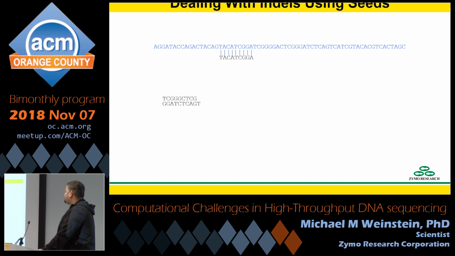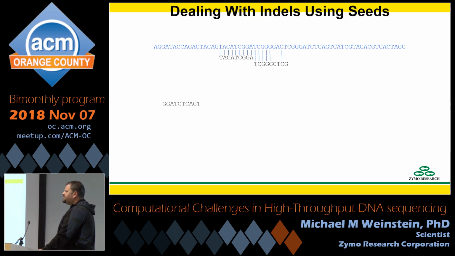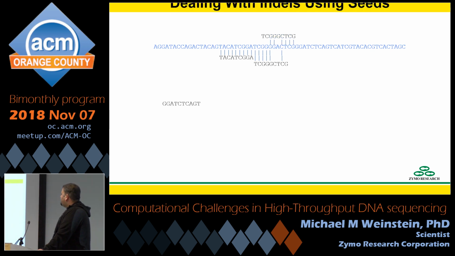So aligning the first seed, I find a perfect match here. Aligning the second seed doesn't really match where it's supposed to go. And we know this is prior information, but you really wouldn't know this in a sequencing experiment. It matches kind of okay here. It matches equally well over here. So we don't really know where this thing goes. Taking the next one, matches perfectly there. Doesn't match nearly as well anywhere else. So now we can kind of see how this would go. And then at that point, you can do a local alignment and figure out how these things really belong, and ultimately figure out that you have a 2-base deletion in the middle.